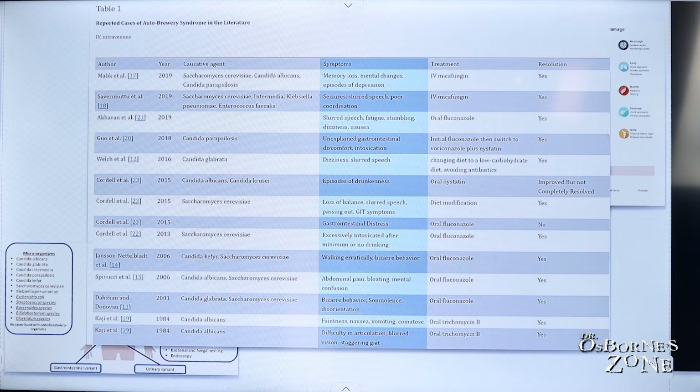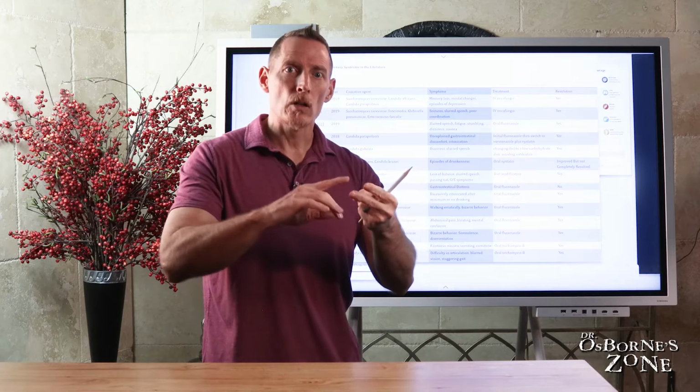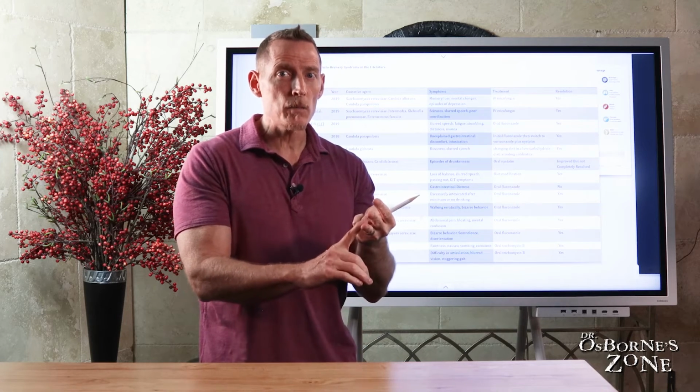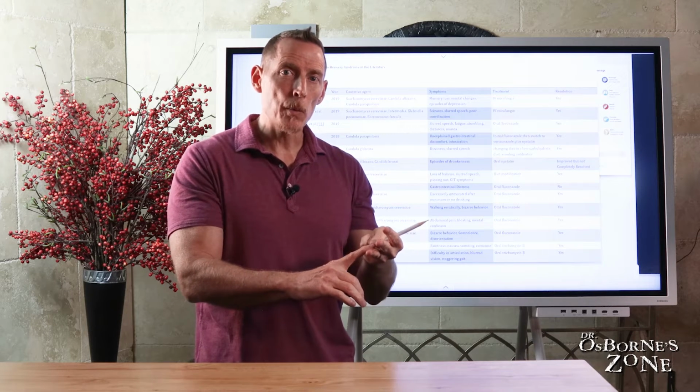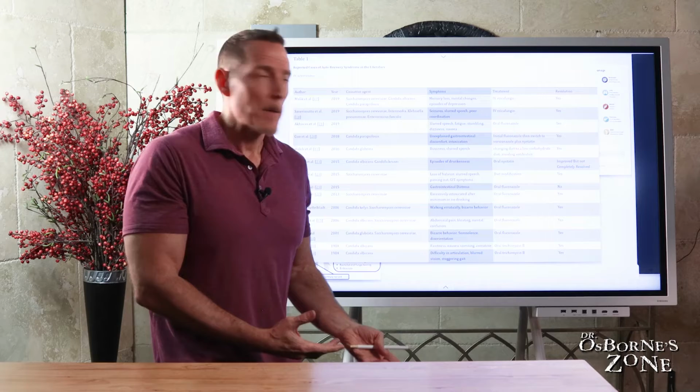Look at a lot of these symptoms. Memory loss, loss of clarity, dizziness. Does that sound like anything we see a lot of? Alzheimer's disease, dementia, where these people are losing their balance and they're more prone to falling and they don't have very good memories. That's what alcohol does, right? So